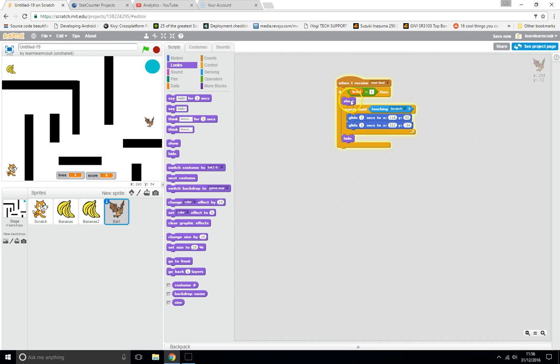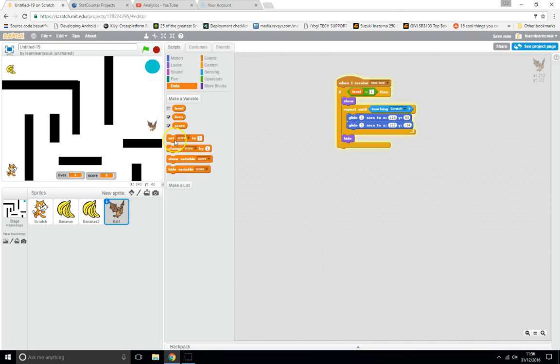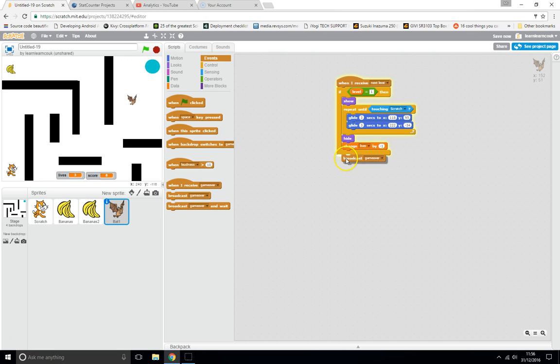So this way, we'll show him, keep moving until we touch scratch. Once we touch scratch, we hide, and we change the lives by -1, because he wants to lose a life if he touches scratch. Well, scratch wants to lose a life if he touches him. And let's broadcast next level. There we go. So hopefully now